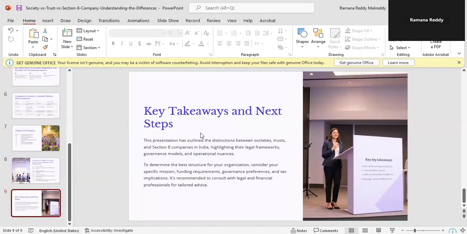The key takeaways. This presentation has outlined the distinctions between societies, trusts, and Section 8 companies in India, highlighting their legal frameworks, governance models, and operational nuances. To determine the best structure for your organization, consider your specific mission, funding requirements, governance preference, and tax implications. It is recommended to consult with legal and financial professionals for tailored advice. But in general,